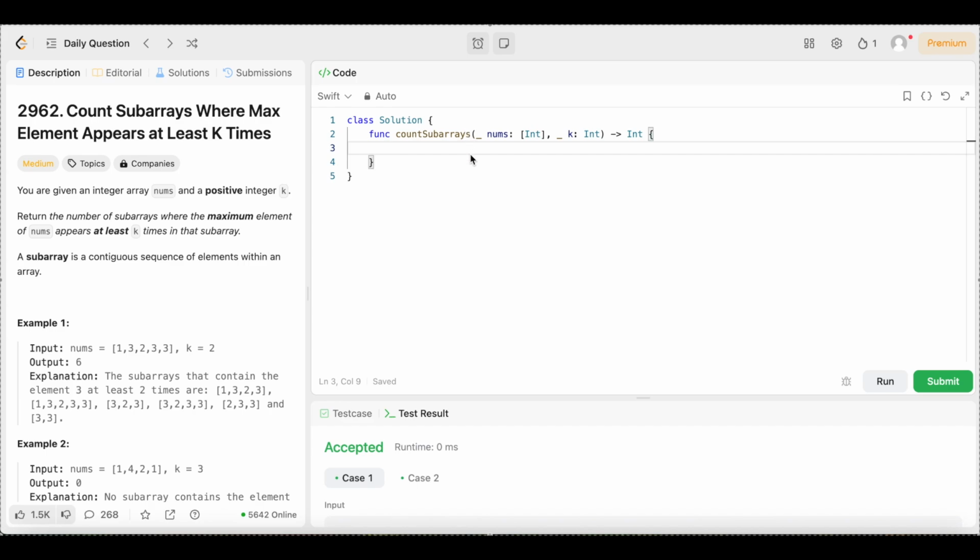All right, y'all, we're back again. Another day, another LeetCode problem where we're doing daily LeetCode problems. And today we have question number 2962, count subarrays where max element appears at least k times. The difficulty level is medium, but don't even worry because we're going to keep the solution as simple and easy